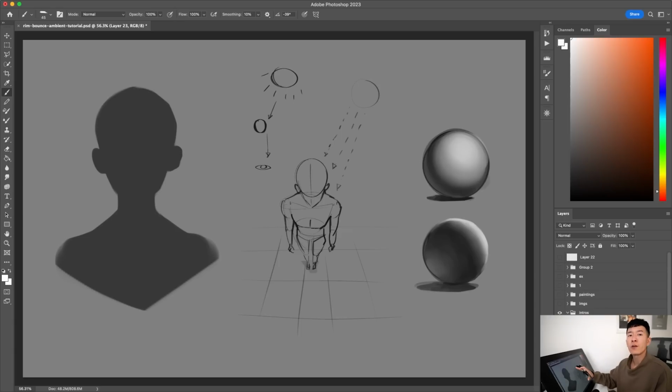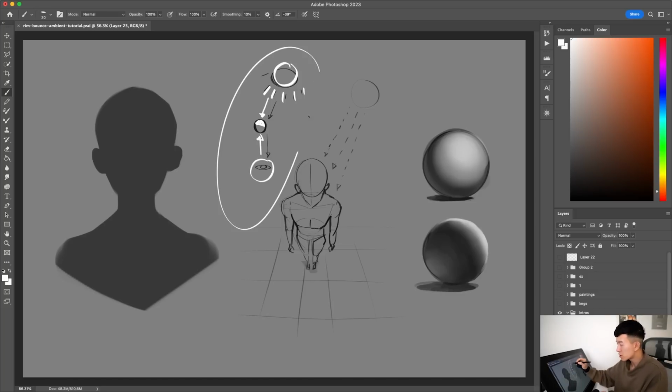Now, the first lighting scenario that we're going to start off with is rim light. Rim lighting basically refers to when there is a light source behind your subject. And this light source is going to be casting a light onto the backside of the subject that you're looking at. This here is where you're viewing your subject from. As a result of this unique positioning, all you're going to see is a bright rim on this side of